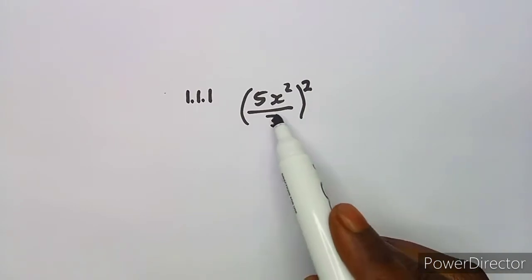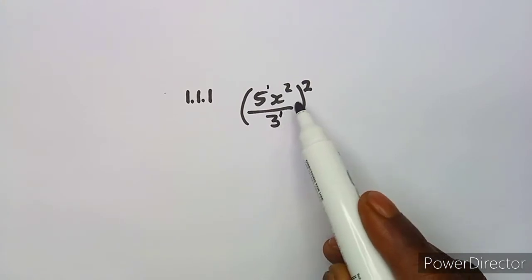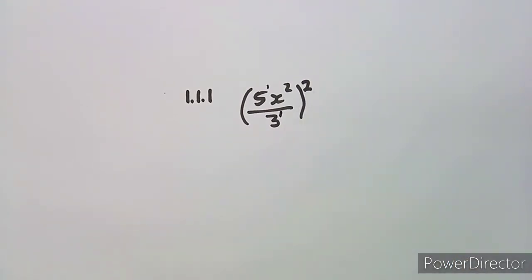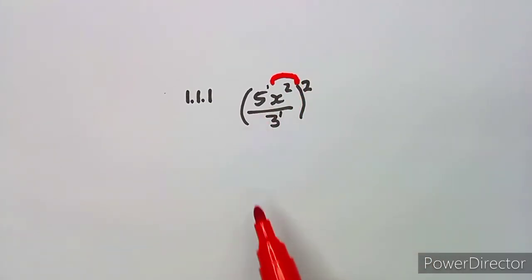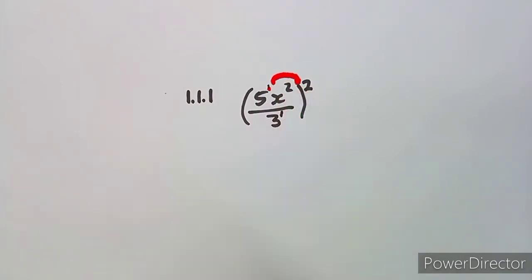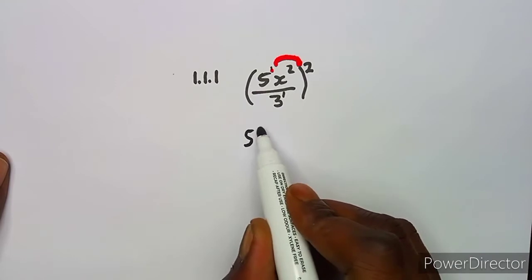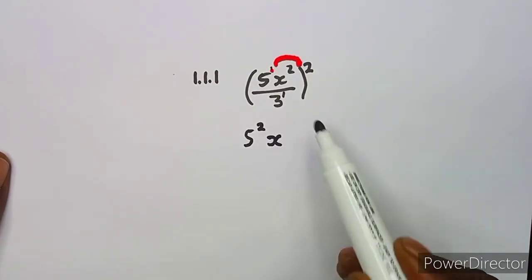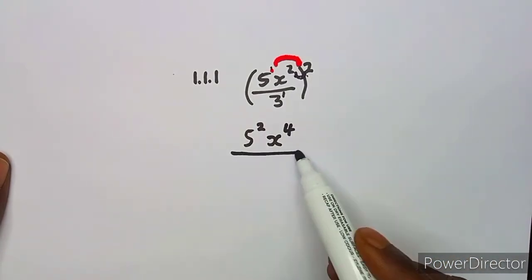So guys, we know that whenever there is an exponent like this, it has to raise each and every term. So each and every term is supposed to be affected by that exponent. So this 5 is the same as 5 to the exponent of 1, then it is raised to the exponent of 2. So what you simply do is multiply 1 times 2, which is going to give us 2. So that's what we just have there. Which is going to give us 5 to the exponent of 2. Then we have got x again. So this is 2 and 2. So 2 times 2, which is 4, everything over